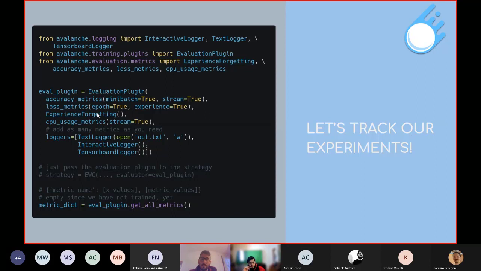So if you have a test stream composed of 5 experiences, like in split MNIST, the stream parameter here will report the average accuracy on all the test experiences. And this is all you need to do to evaluate your code. You can pass an infinite, well, actually in theory, but a large number of metrics to this evaluation plugin. You can type many rows here, and at the end, all you have to do is, if you want, specify